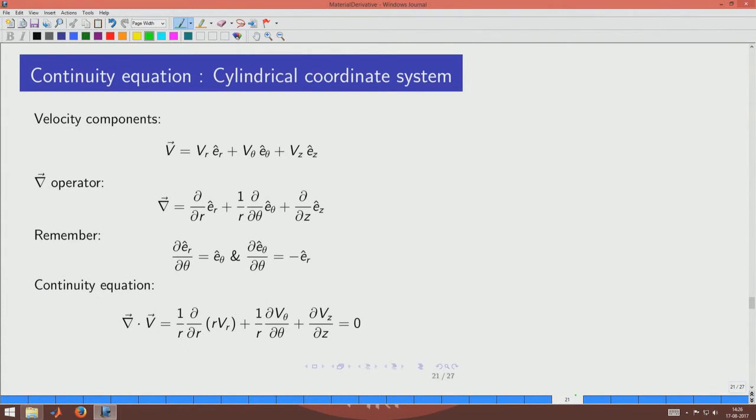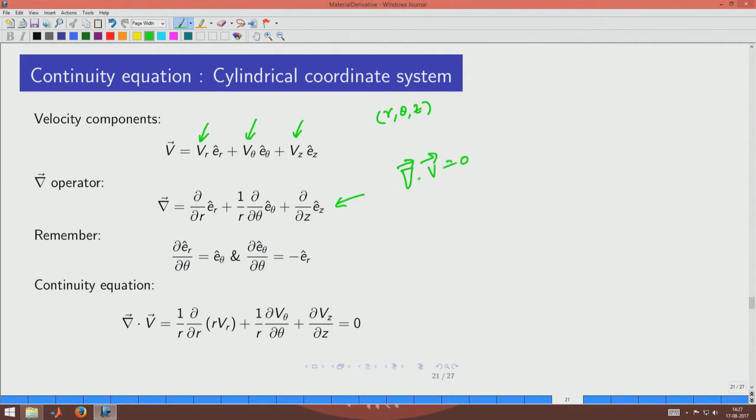Okay, so, we can now do this. We write the velocity components of any velocity field in cylindrical coordinate system like this. The cylindrical coordinate system is defined by r, theta and z. So, which means that we will have velocity components Vr, V theta and Vz, and then the e cap r, e cap theta, e cap z are basically the unit vectors in those three directions. And once you have the velocity vector written down, then you can also look up what would be the Nabla operator for cylindrical coordinate system. We look it up, and then we use this same idea, del dot V is 0.